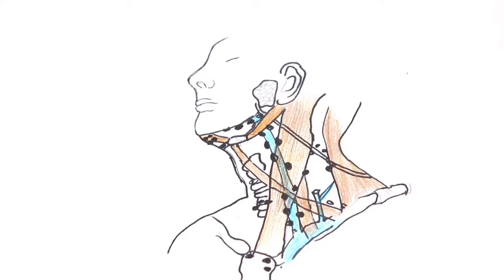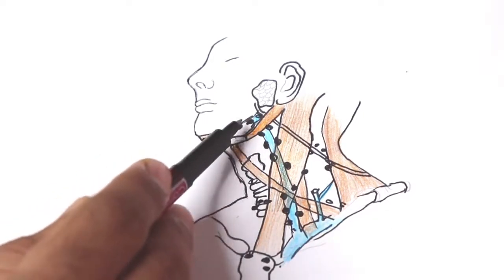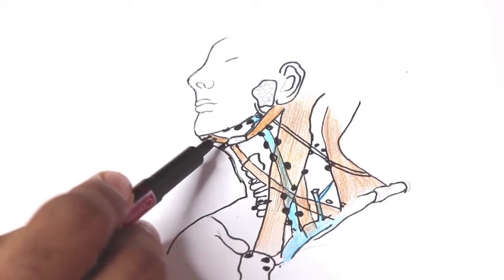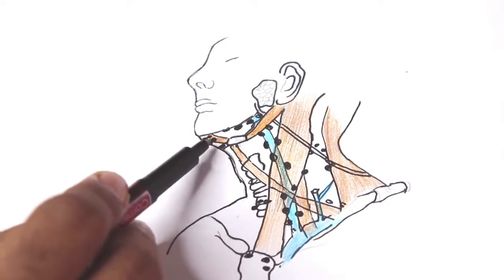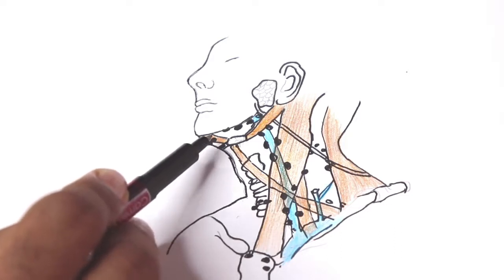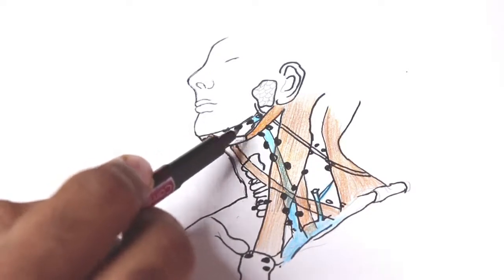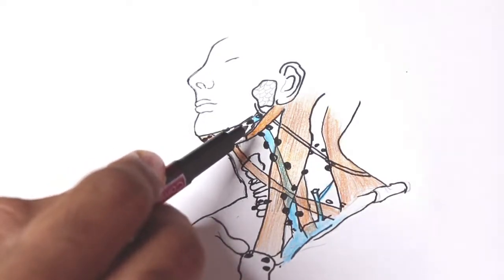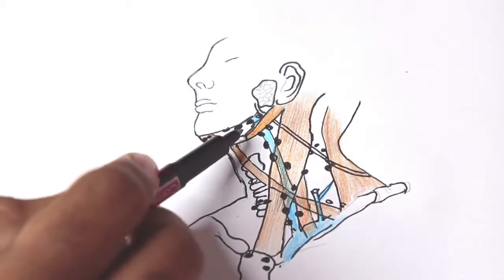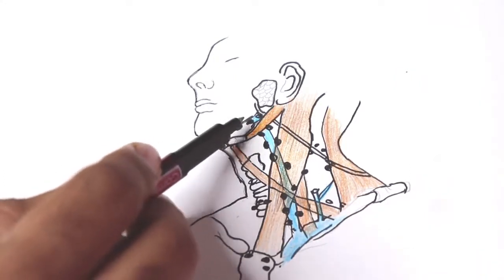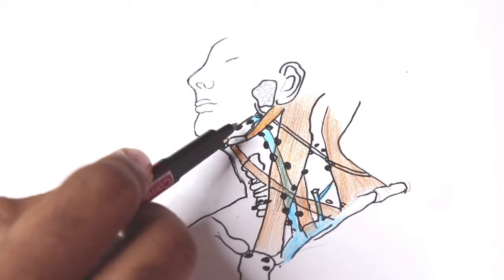So in brief, I'll just summarize it. Level 1. Level 1A: anterior digastric, inferior border of the hyoid and midline, that is the submental triangle. Submental nodes come under level 1A. Submandibular triangle: hyoid bone, anterior belly of the digastric, the stylohyoid muscle, and margin of the mandible. This is a triangle. This is level 1B.